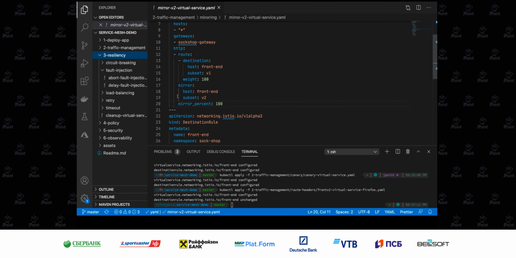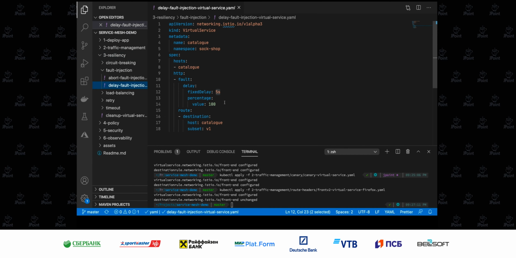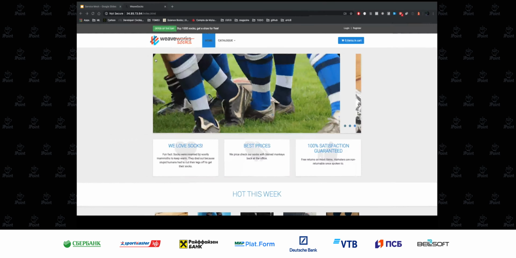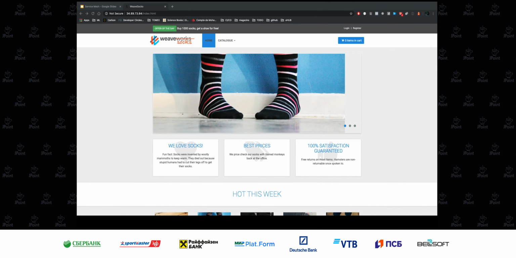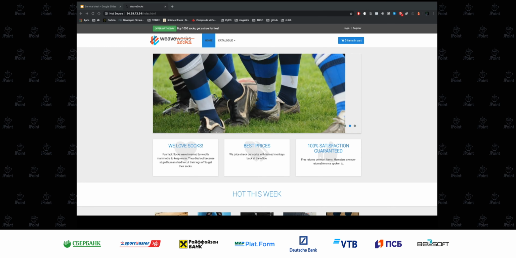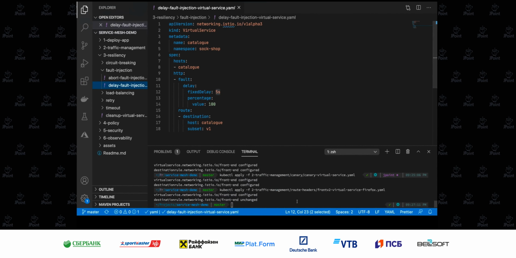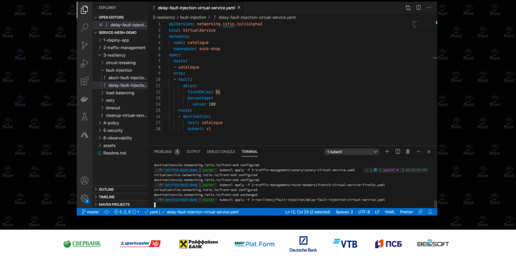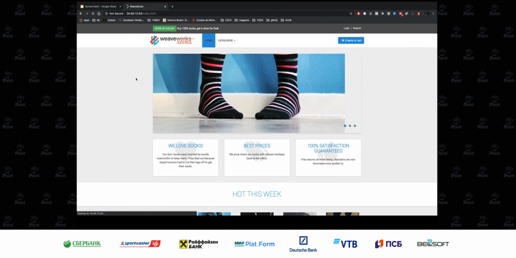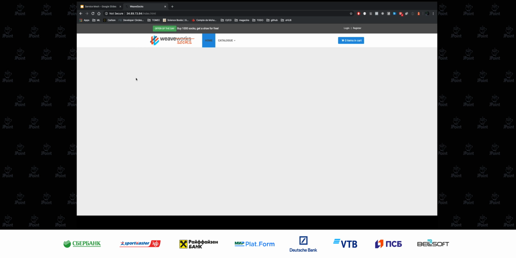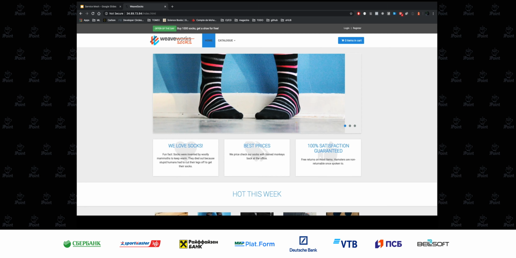So now how about resiliency? Let's do some nice stuff. Let's add some delays. So now if I hit refresh, the application, or the catalog service, returns the results directly, right? So here I'm adding a delay of 5 seconds. So each time the catalog service is called, it will wait 5 seconds before sending the result. So here, if I refresh, you can see that I see no catalogs. I have to wait for a couple of seconds, typically 5 seconds, until the results are back,